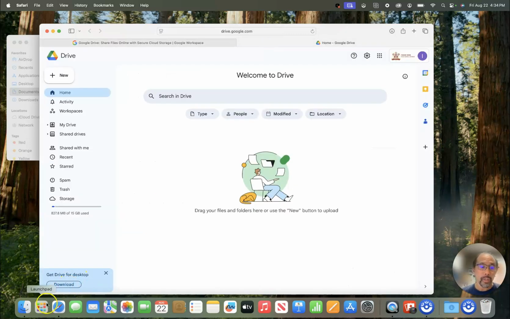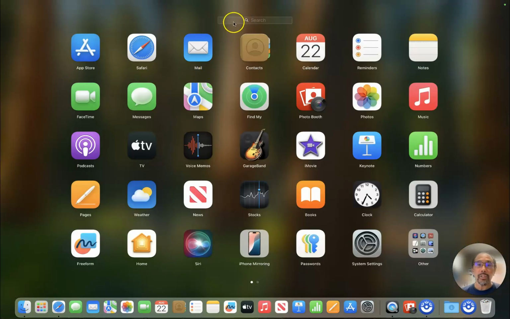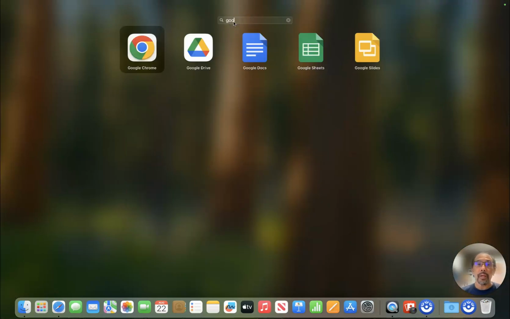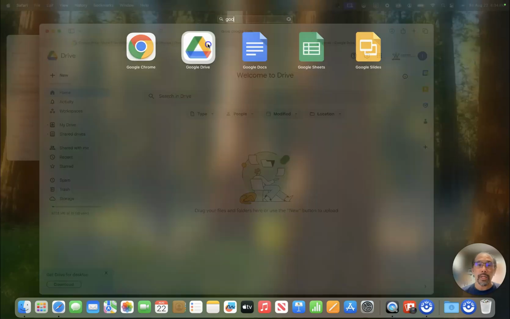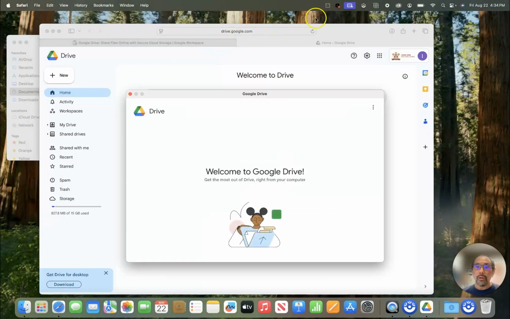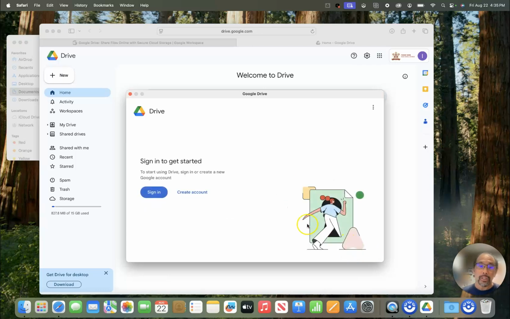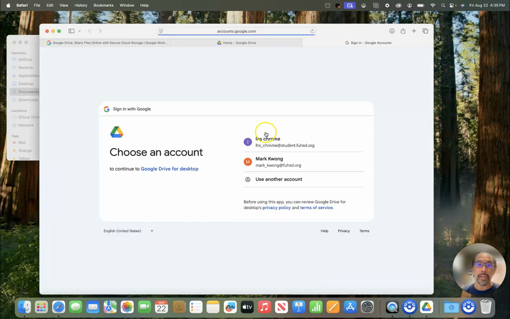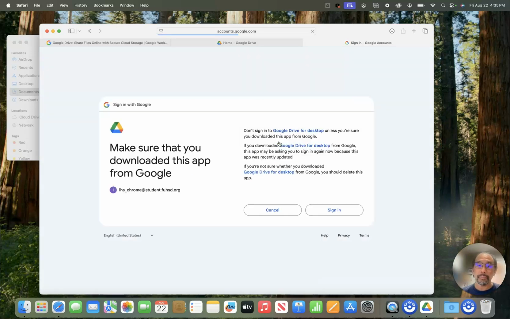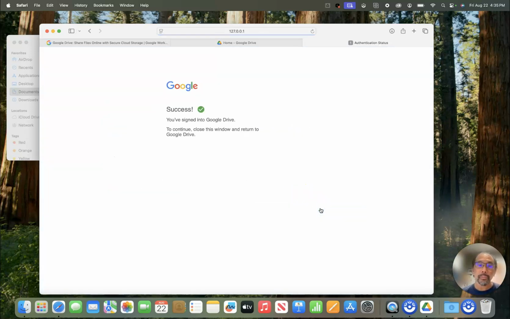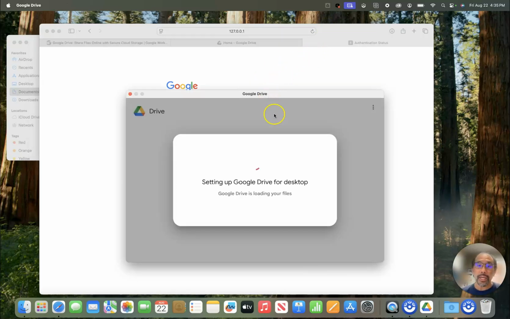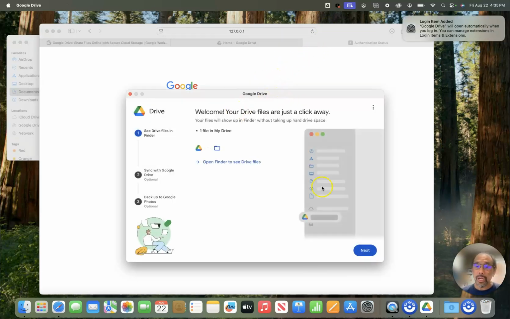So again, download here. I've already downloaded it, so I can just go here and run it here. Notice up here, when I run it, you'll see the little Google Drive icon. It's grayed out because I haven't actually logged in, so it's not fully running yet. So I'm going to log in. I'm going to sign into my account. And so it's setting it up. The first time you set it up,